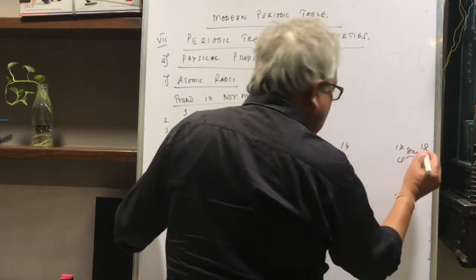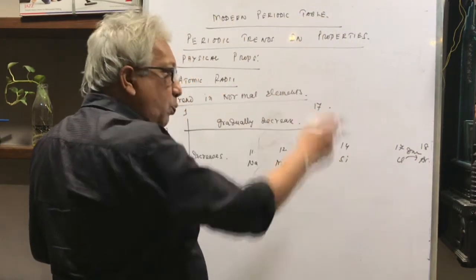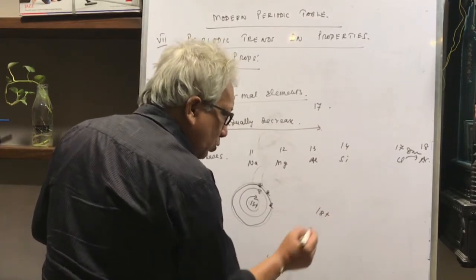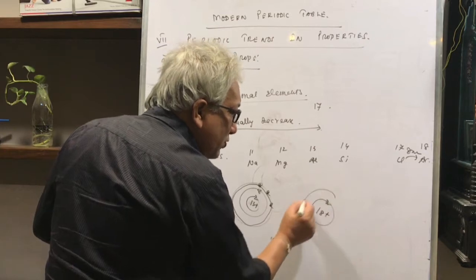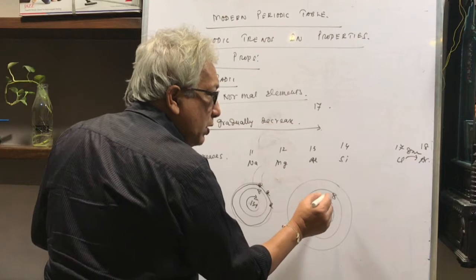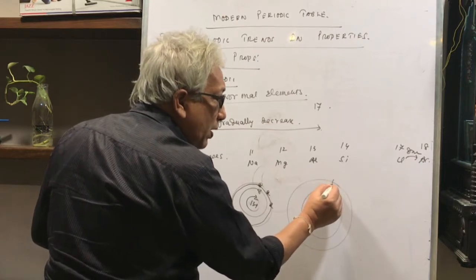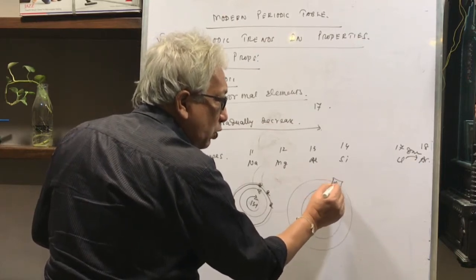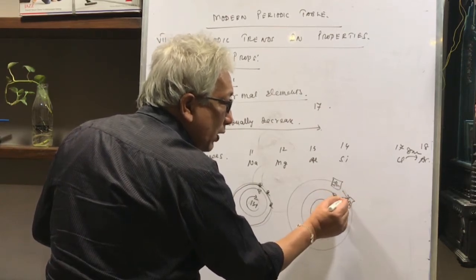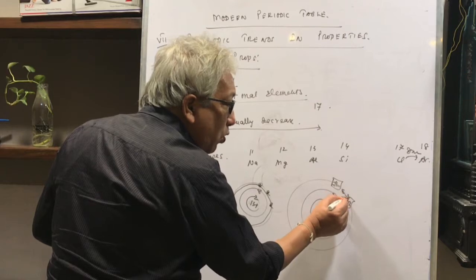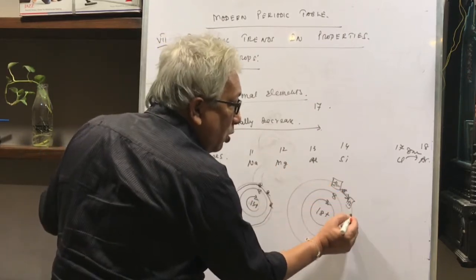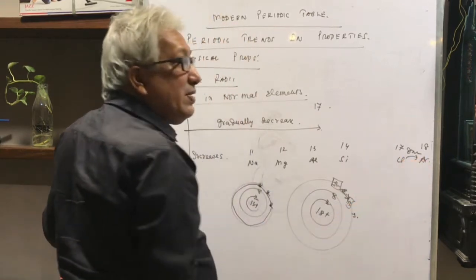Now what is the reason? The reason is, in the case of group 18, say for example argon, there are 18 protons, no doubt. In the first shell there are 2 electrons, in the second shell 8 electrons, in the third shell 8 electrons, and all the 8 electrons are paired up electrons. So these are all paired up electrons, and these paired up electrons give a little more repulsion, and because of that there is expansion of the outermost shell, and therefore there is an increase in the size.